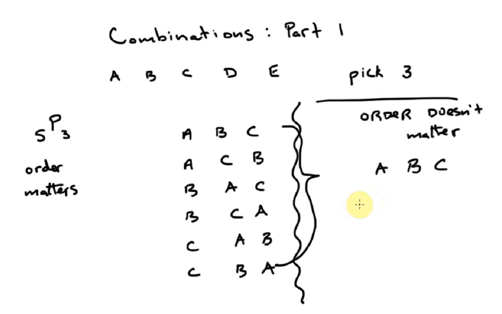So how do I fix all this? Let me clear off the screen and I will show you. Here's what we had previously when order mattered. We took 5 items and we picked 3. This is all of the possible groupings where order matters, but the problem is if you look at each little group and you say, hey, these have the same 3 letters, I don't want to count those as different arrangements. So what I'm going to do is divide this by how many ways there are to